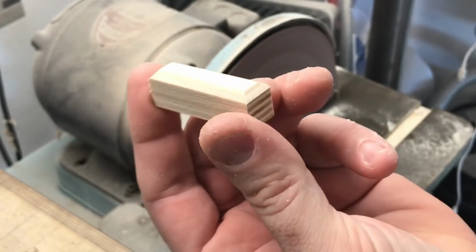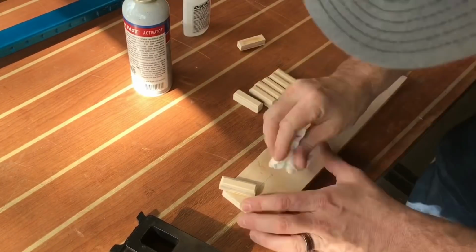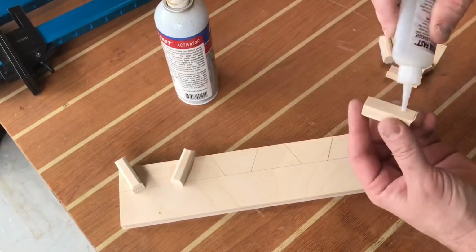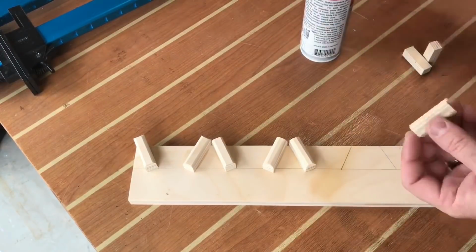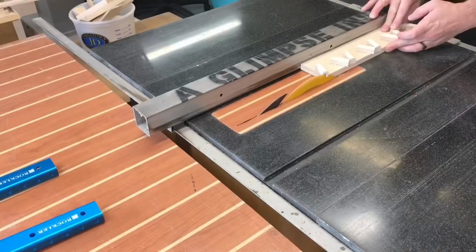But as I bring it back to the piece here, you're going to see that I'm going to install them at a bit of an angle. So this angle here represents a piece of the clamp that is then going to be nestled in there, as you can see. And when it's all said and done, my goal is that these are nestled in there tight and they will not fall out whatsoever. I just go through the process using CA glue, installing these, taking my time, lining them up just right. And it looks like it's going pretty well so far,